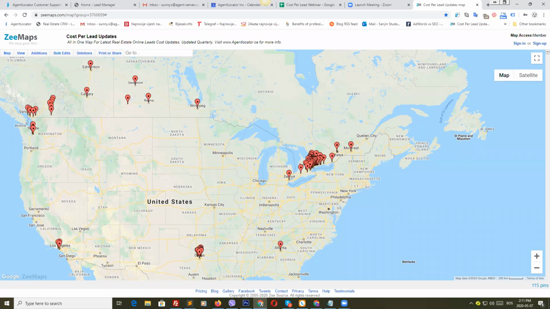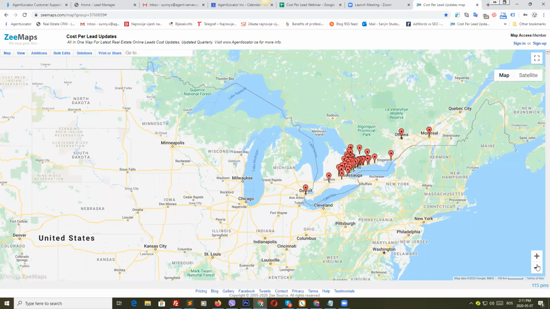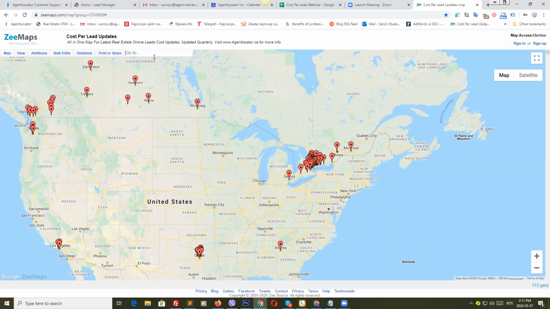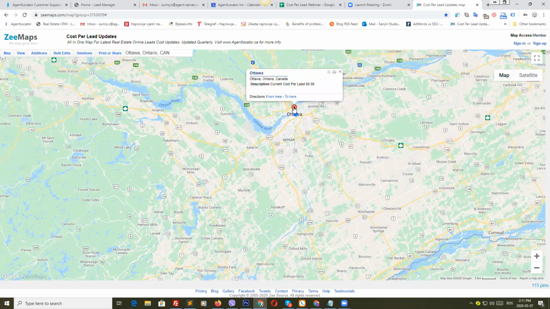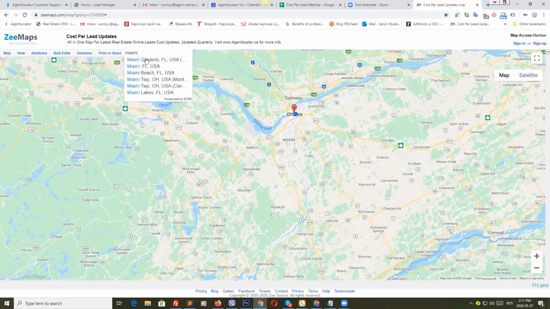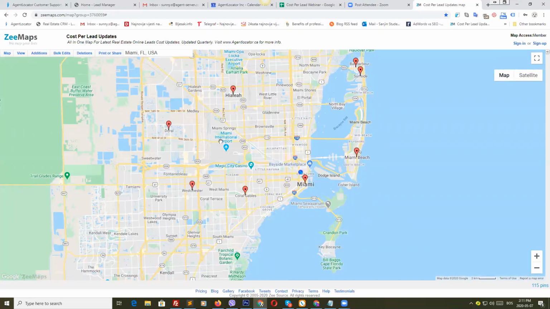You can use the map, zoom in and zoom out, but a lot easier way of getting around is just by typing in the city, for example, and the map will take you there directly, where by clicking on the pin, you're going to be able to see the current cost per lead for that city. The same thing applies wherever you are in Canada or the States. You can type in Miami, if you're located there, and see the cost per lead, all these other areas as well. Back to